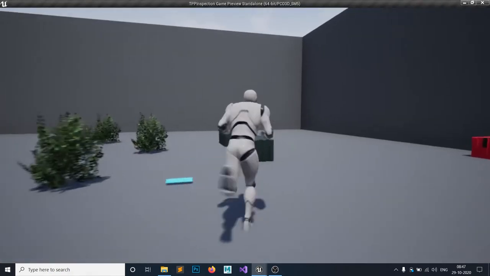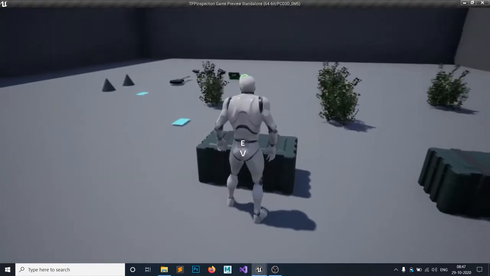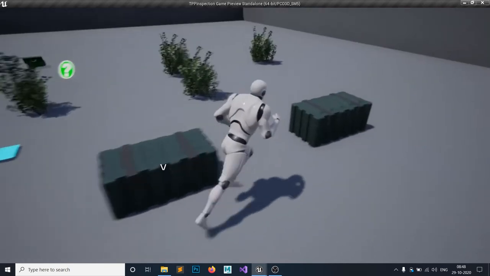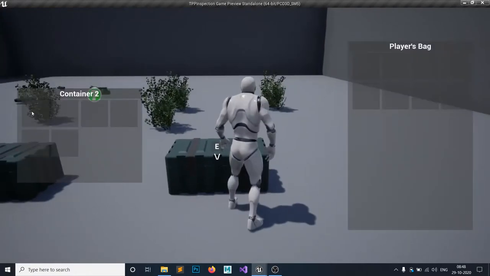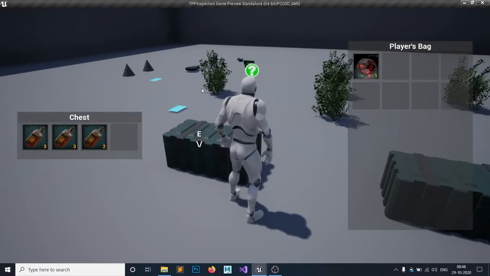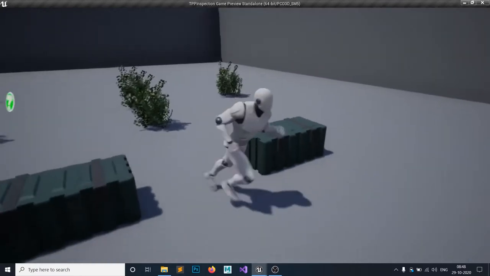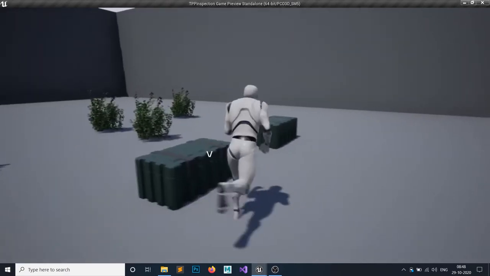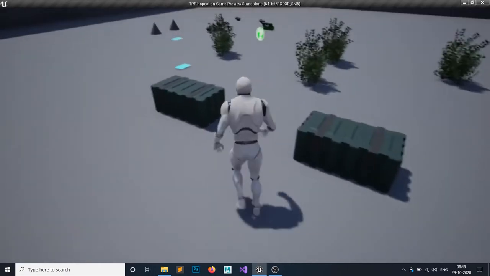You know that in the previous episodes we made this normal chest where you can communicate between the chest and your player inventory. So you can grab from here to your player bag and from the player bag to your chest. Same here, this is completely empty, but if I store something in here, it stays in here, right?